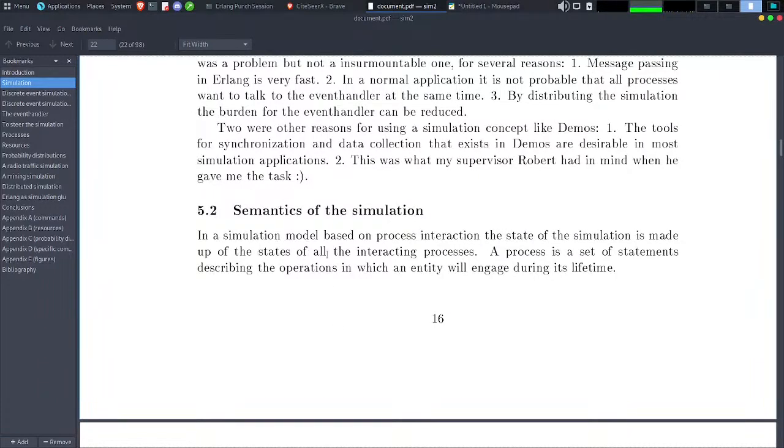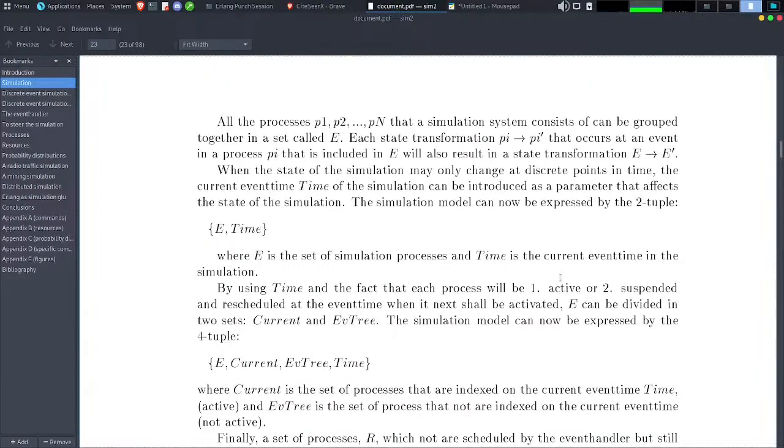Semantics of the simulation. In a simulation model based on process interactions, the state of the simulation is made up of the states of all the interacting processes. A process is a set of statements describing the operation in which an entity will engage during its lifetime.